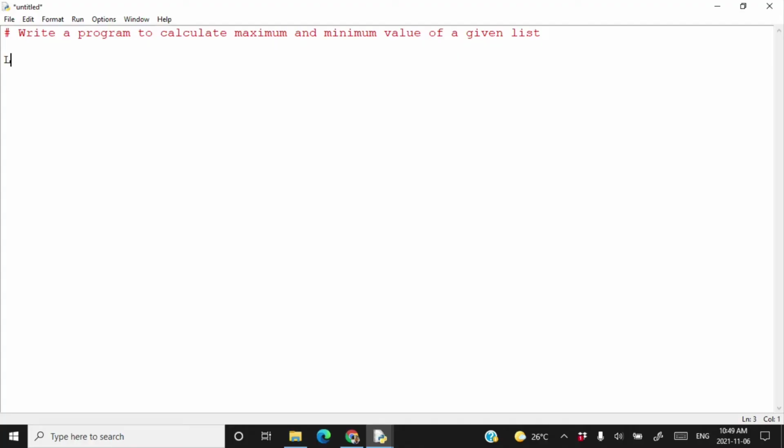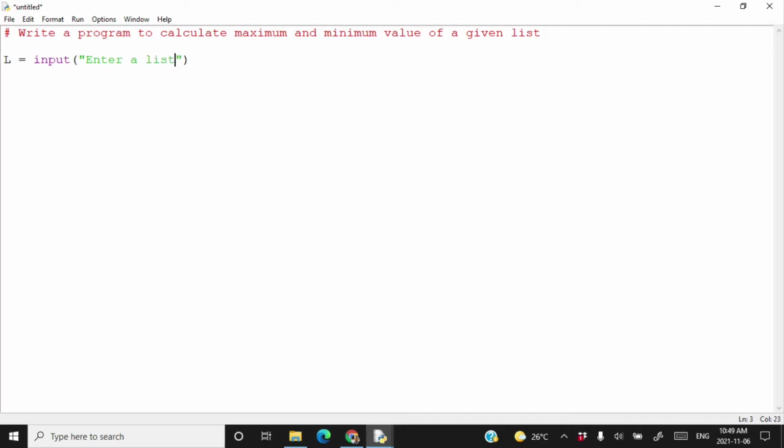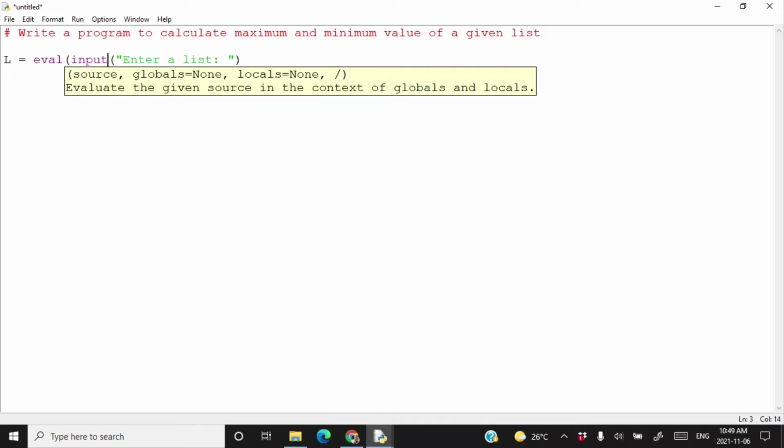So first let's create a variable L is equal to take an input and say "Enter a list". And of course, enclose this input method in the argument of the eval method. You know how to use eval.